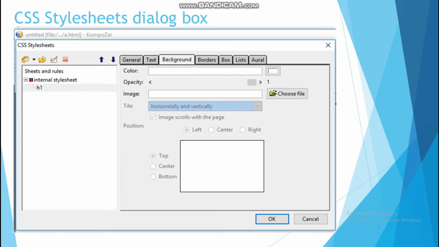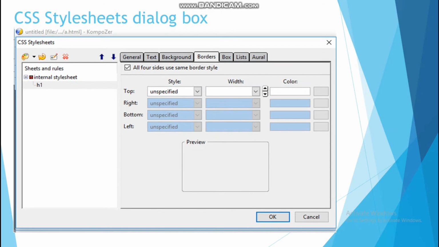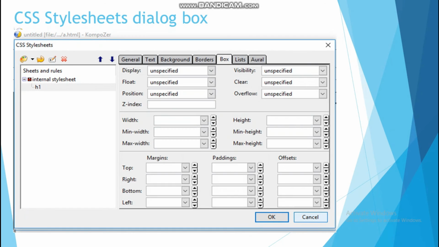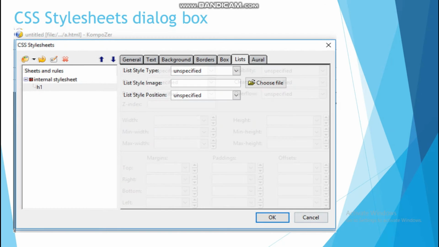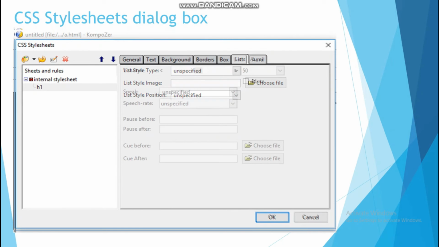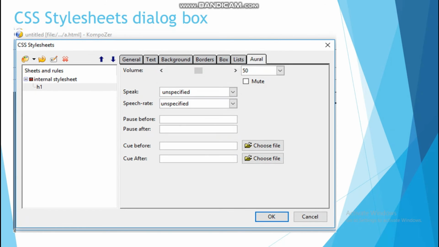Same way, for borders it will display options like this. For boxes also various options are given. Next is the lists option, you can see, and at last the aural option is given. So you can apply whatever format you want, and you can select any selector and then you can work on it.